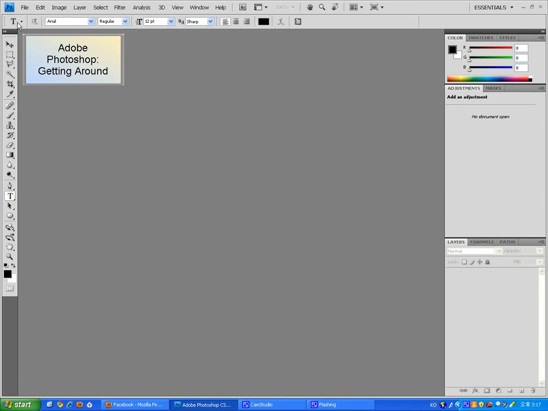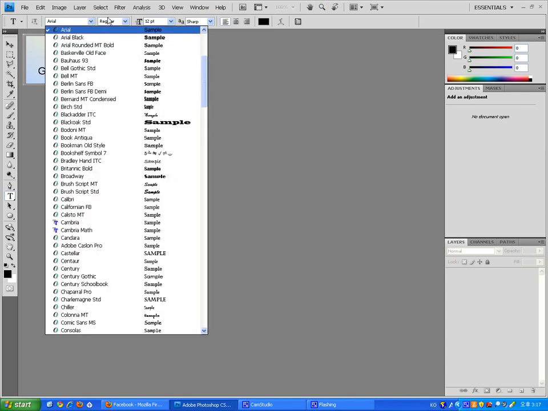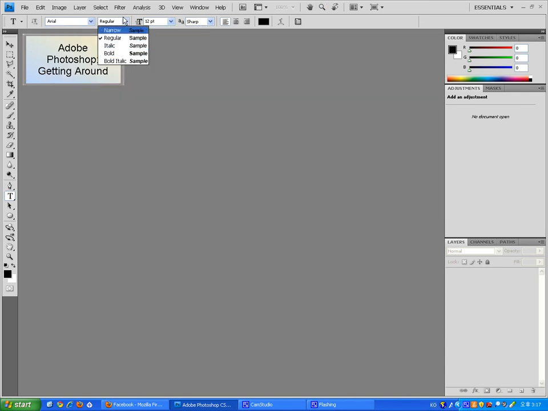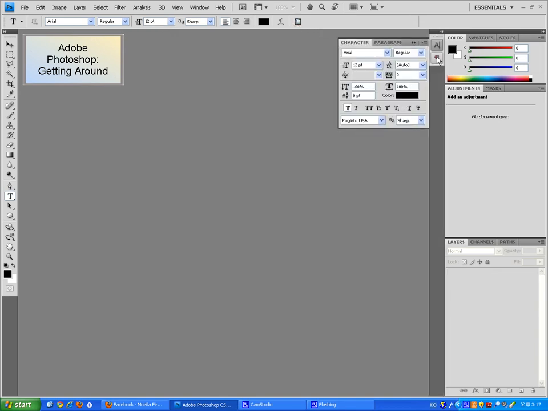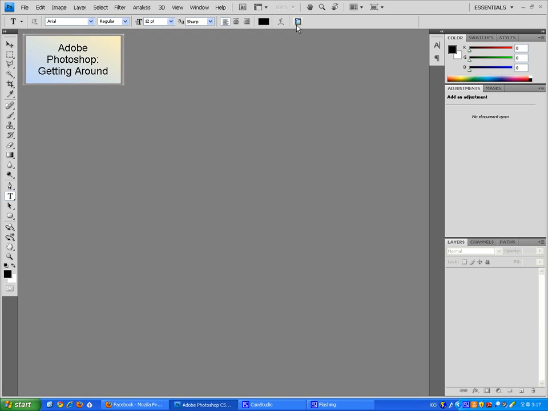Okay, and do you see how every time I change the tool, this up top over here changes? This is the tool options bar, I guess, and there are different options for every tool that you choose. So for example, this is the text, and from up here you can change the font, and you can change if it's bold or whatever, and you have more options over here. Anyways,